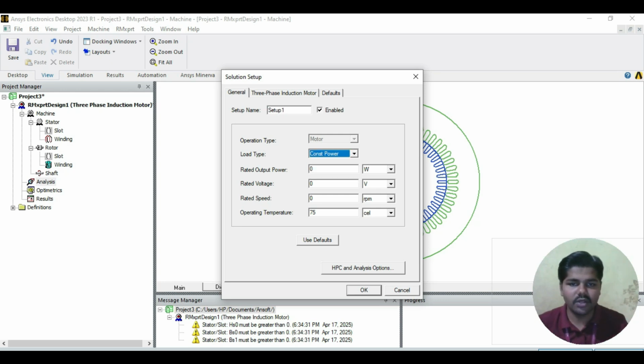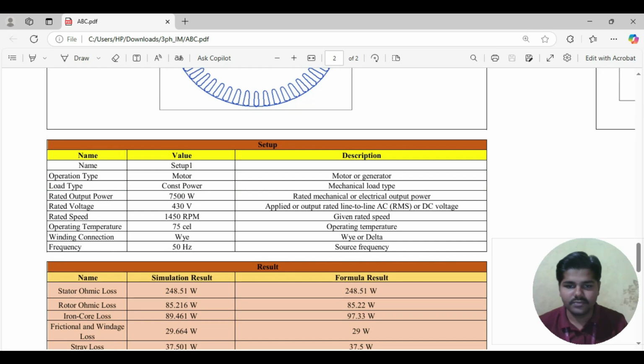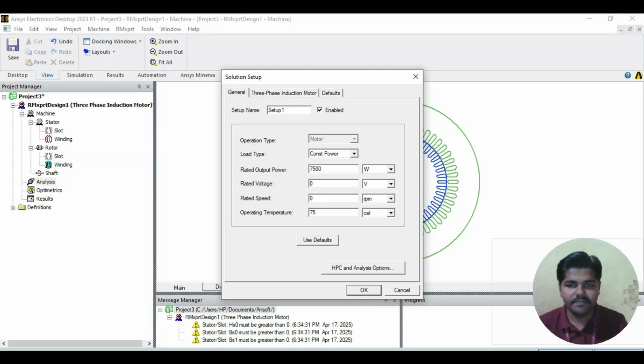Here select the constant power, and rated output power is 7500 because our motor is a 10 HP motor. So here we have given 7500. The rated voltage is 430. The rated speed is